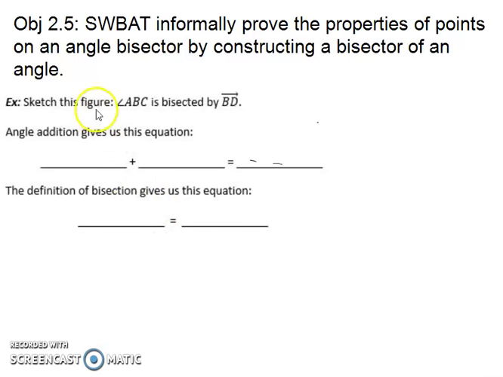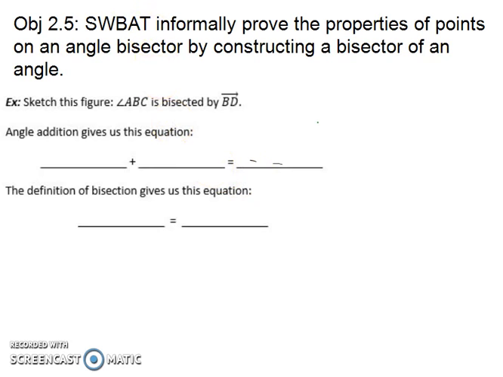Today's objective is our last of this unit. It is to informally prove the properties of points on an angle bisector by constructing a bisector of an angle. And in class, you're gonna use a compass and a straight edge, and there's gonna be some more complicated problems. But for today, for this procedural fluency problem that we're gonna do right here, you don't need any of that